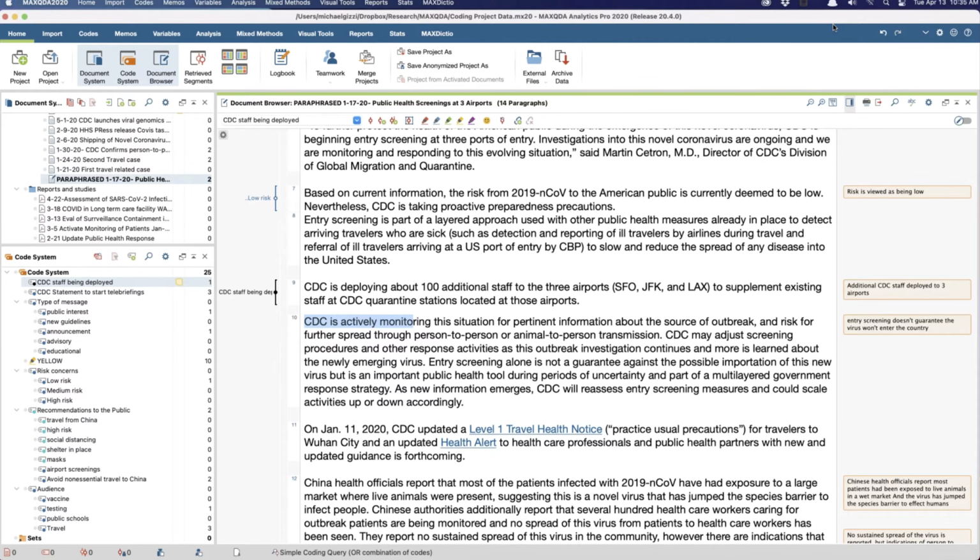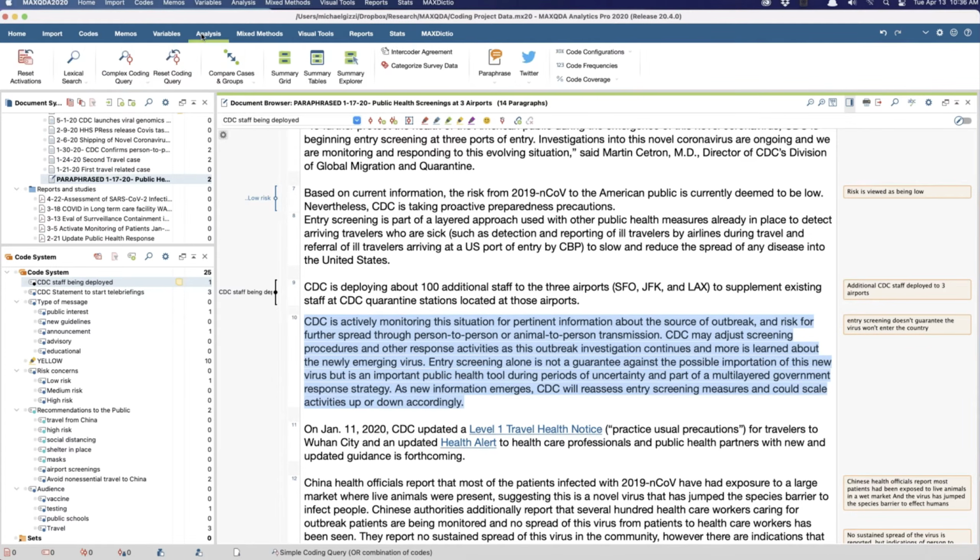So since we do have paraphrasing here for this document, it would actually be useful to show the categorize tool, because there's one advantage once you've paraphrased. If you add codes from the paraphrases, they then become comments, which is useful. So since I've paraphrased some stuff here, I can go to paraphrase menu, categorize paraphrases.